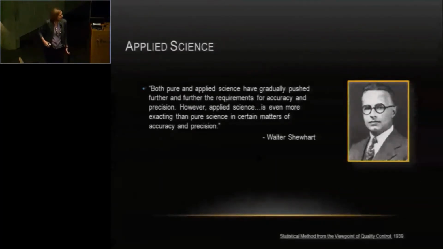Walter Shewhart, what is his name? He's a University of Illinois graduate. He was a physicist and a mathematician, ended up being sort of an early statistician, okay? And he had this theory that both pure and applied science are really important. And he was a basic scientist, but said, you know, sometimes applying what we know is more difficult than discovering